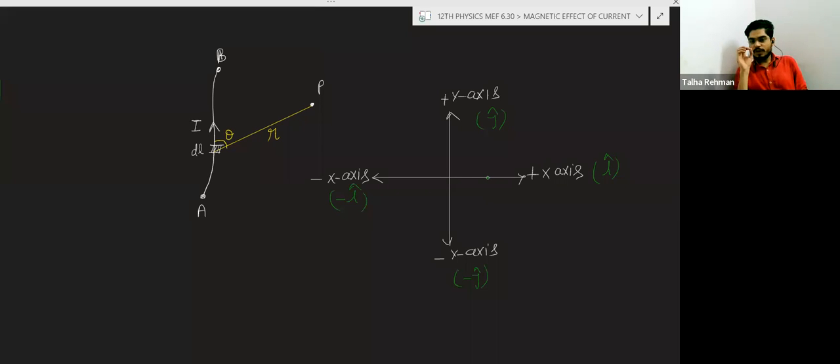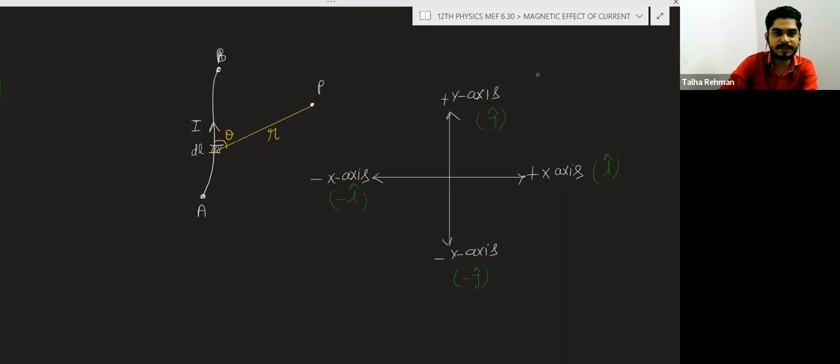Always remember, the x-axis, y-axis and z-axis are perpendicular to each other. The x-axis is perpendicular to the y-axis, the y-axis is perpendicular to the z-axis, the z-axis is perpendicular to the x-axis. These three axes are mutually perpendicular. So the z-axis will be either out of your screen or away from you. You can imagine the z-axis like something going into your screen. Something going into your screen will be the z-axis,